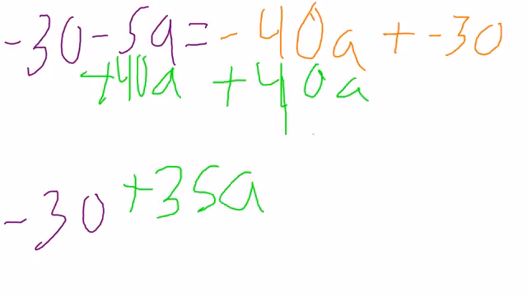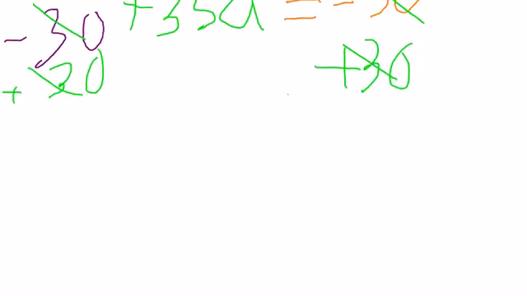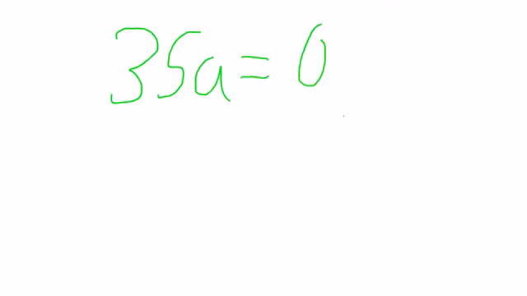So then that would equal negative 30. So now what you need to do is add 30 to both sides. By doing that, that will get rid of both the 30s. You would have 35a equals 0. So now you need to divide each side by 35 to